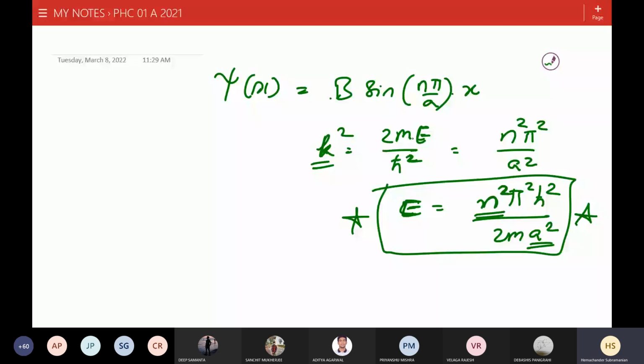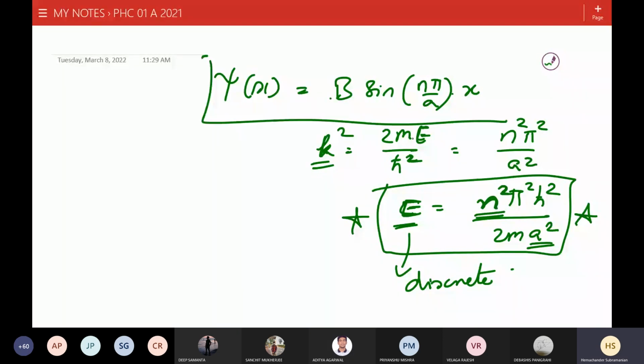For n equals 1, you have a certain energy, n equals 2, you have a certain energy, and so on. E is discrete. All right? Yes, sir. Now this equation gives you everything that you need to know, but we don't know